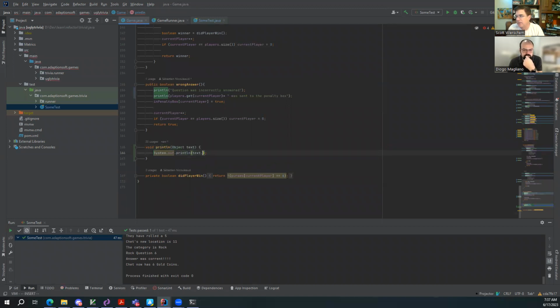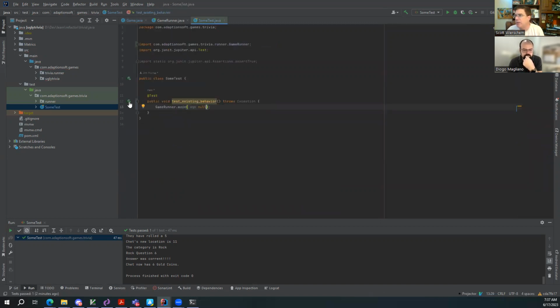lineText.toString. Okay. All right. So now if I go back and I run my tests, it should generate the same stuff. Okay, good. So we got all the same kind of output. All right, so now what we want to do is